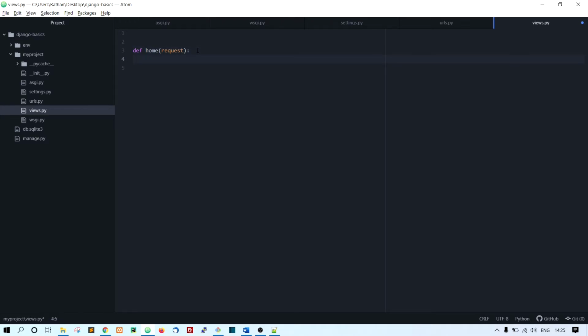Inside this we say return HttpResponse, and inside this HttpResponse we say hello world. In order to use HttpResponse, we have to bring it in: from django.http import HttpResponse.